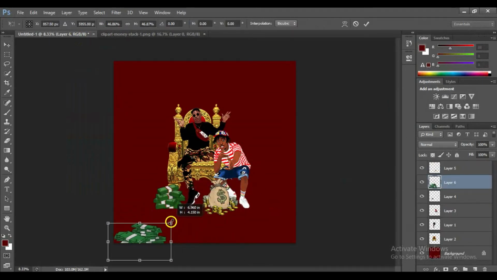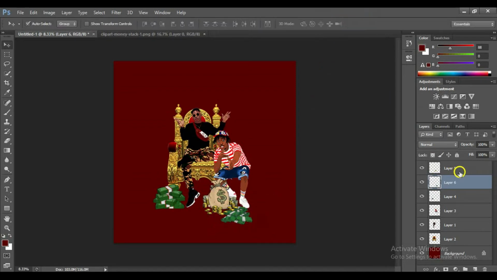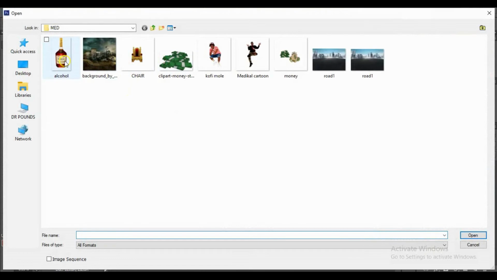Control plus T to transform and we reduce the size. Let's move this upwards, move this sideways by pressing the left arrow key. Move this a little bit upwards. Okay. Go to File, Open, and